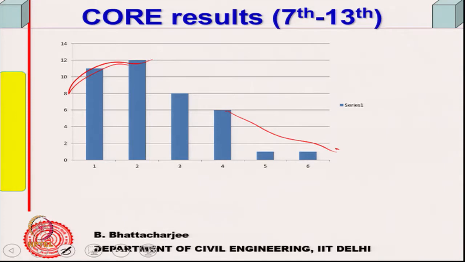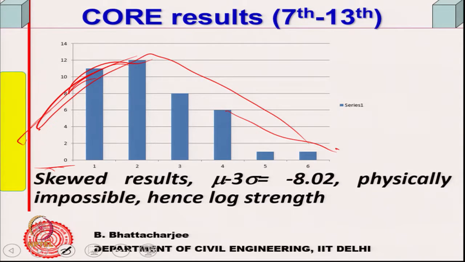So, this kind of distribution would be something like this, partially not feasible, because below 0 is not feasible. So partially distributed around, so this is what it is. A skewed result, physically impossible. Then we plotted with log